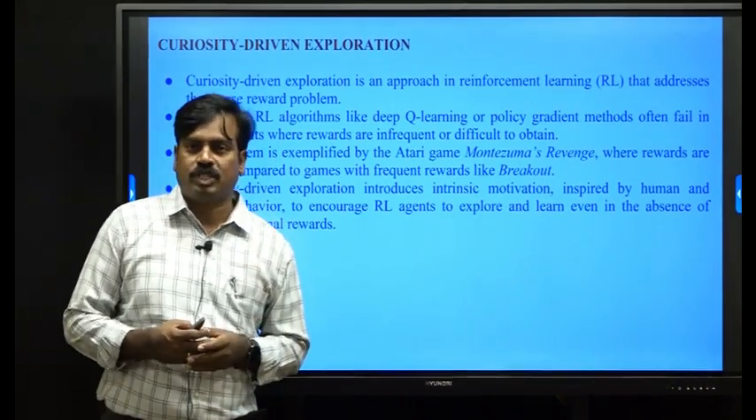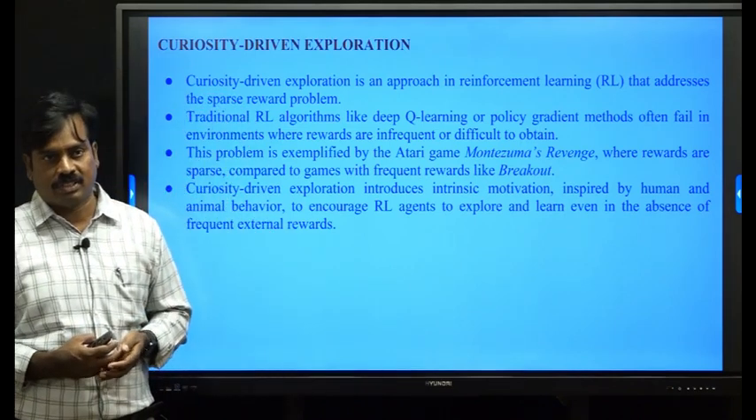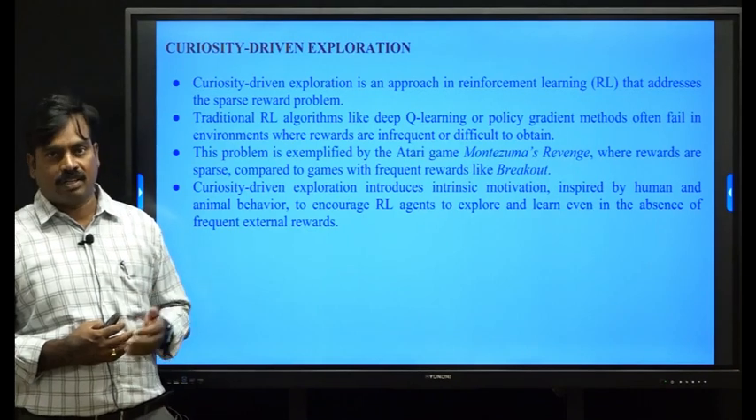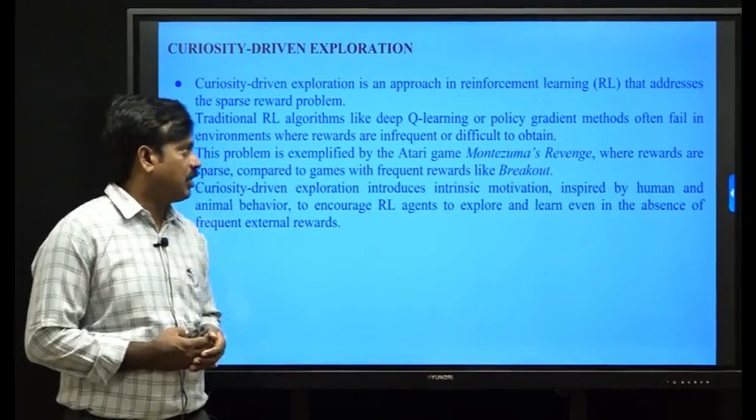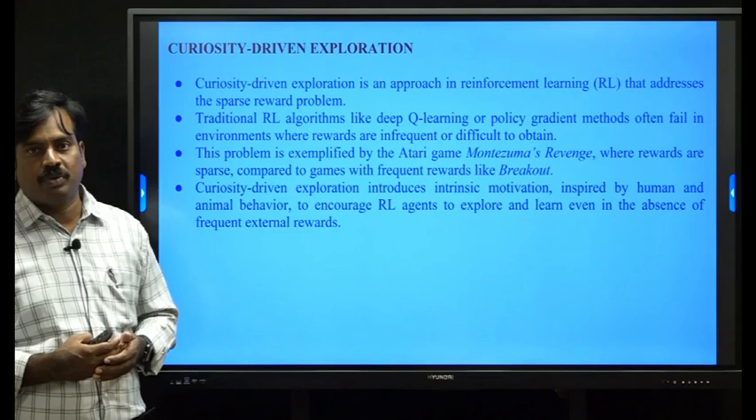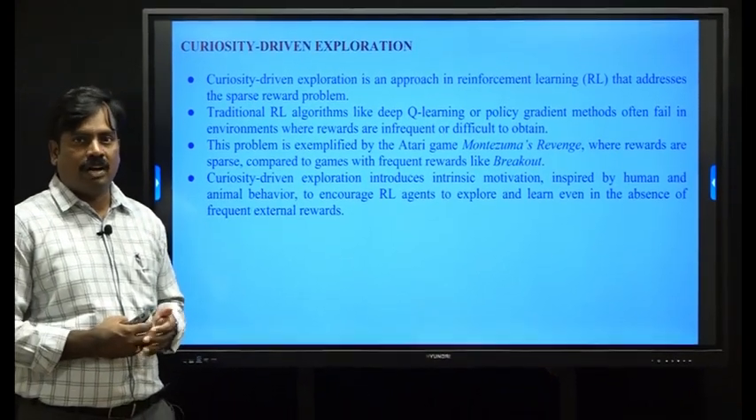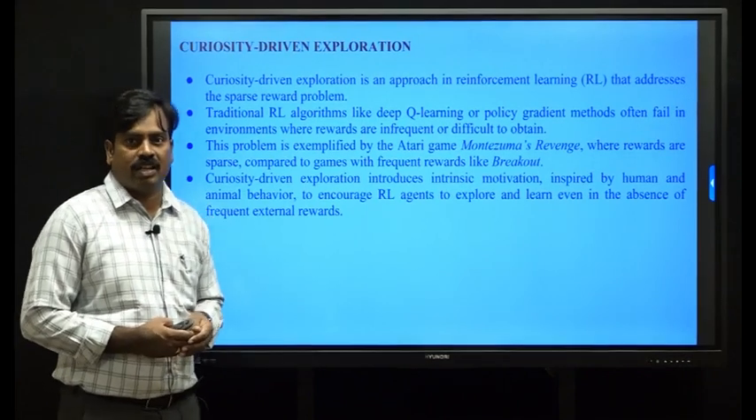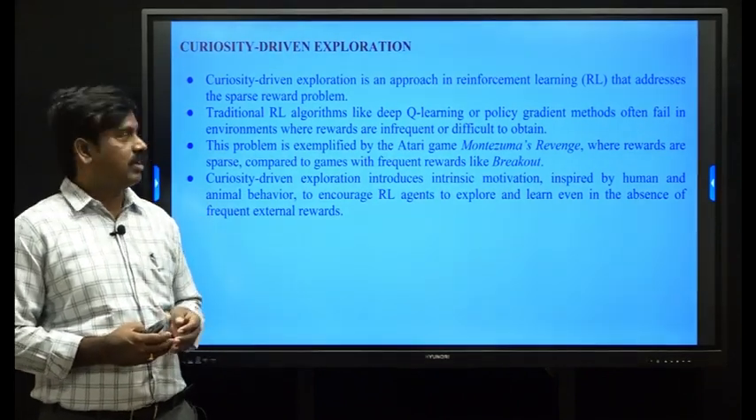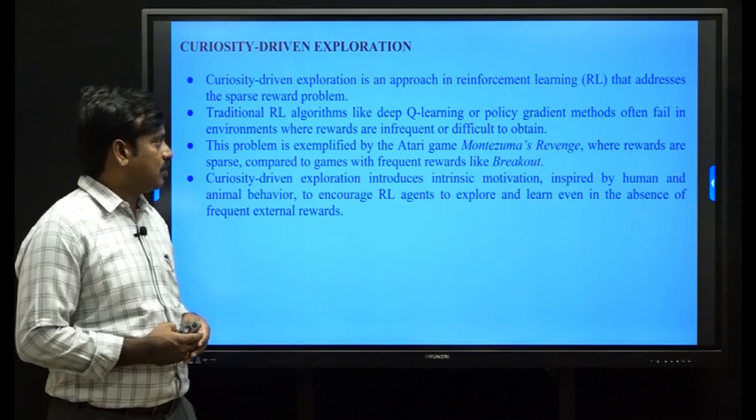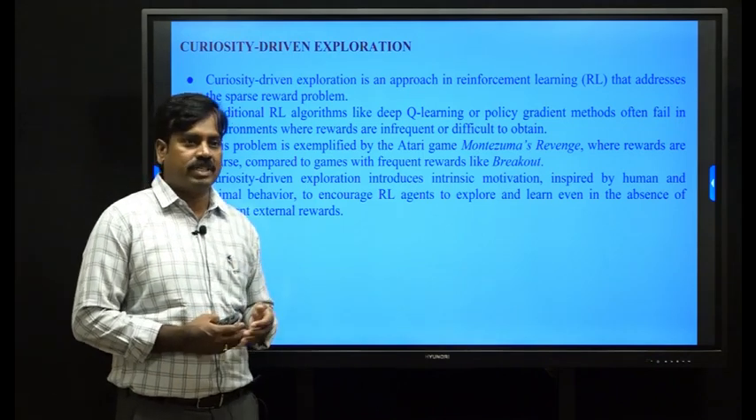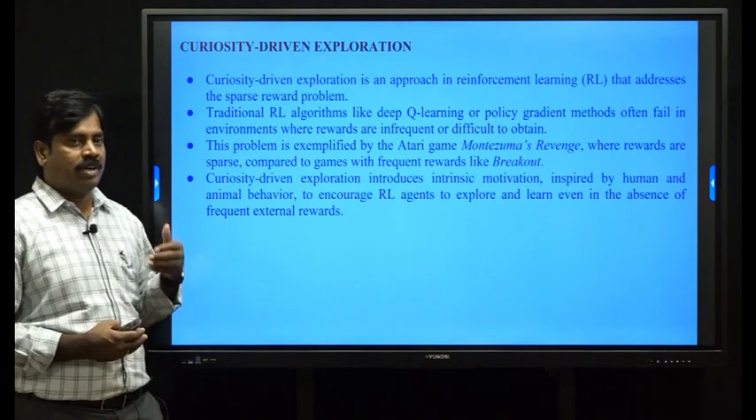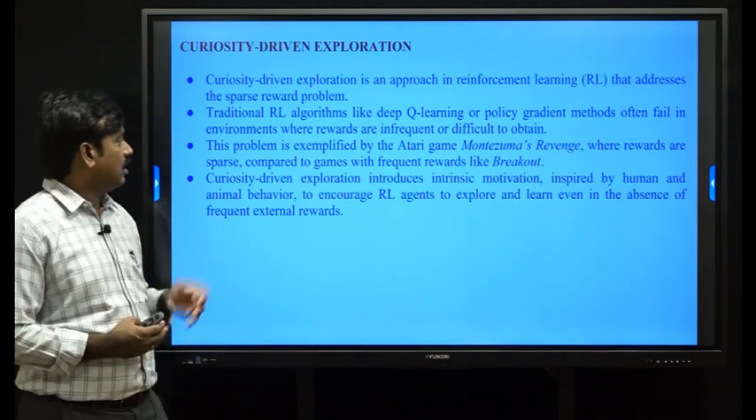The sparse rewards problem is infrequent rewards. They are unexpected rewards, not frequent rewards. The infrequent rewards problem is addressed by using the curiosity learning approach. Traditional reinforcement learning algorithms like deep Q neural networks and policy gradient approaches cannot get the optimal rewards in